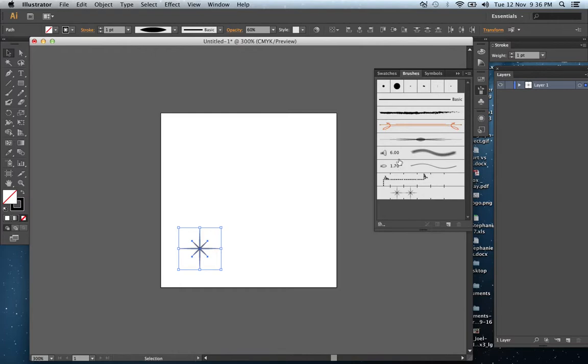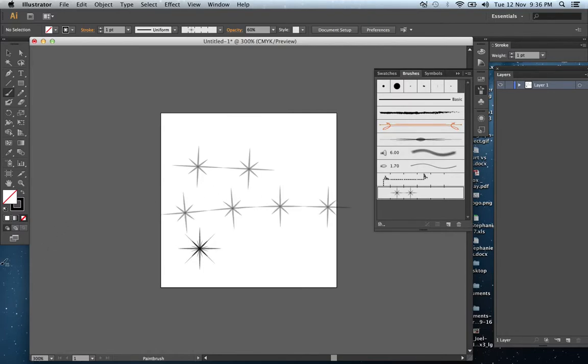Now, when I grab my star brush, it's here, and you'll see that I can't do just one like I could the other. I have to create a line of them. So when I go across, this is my line, it will fill right across whichever way I paint. So if I hold Shift, it will be that straighter line, and it will go right next to each other, touching. Okay? It is just a brush, so if you find that you want to change the color or the size, it's now set to be a brush. So I could have this one be really large, with a different color, and again when I draw my line